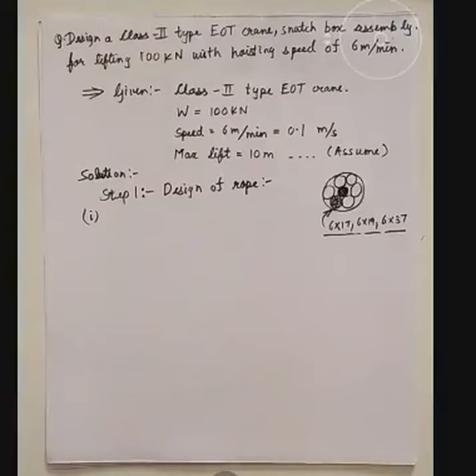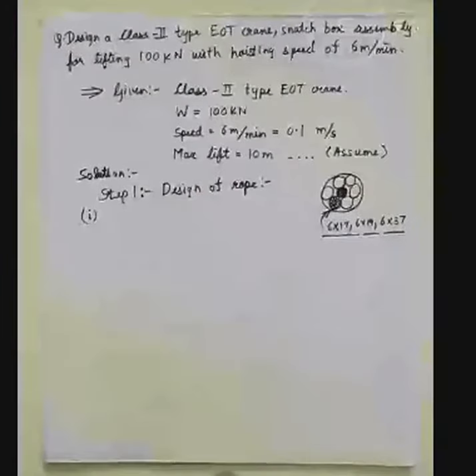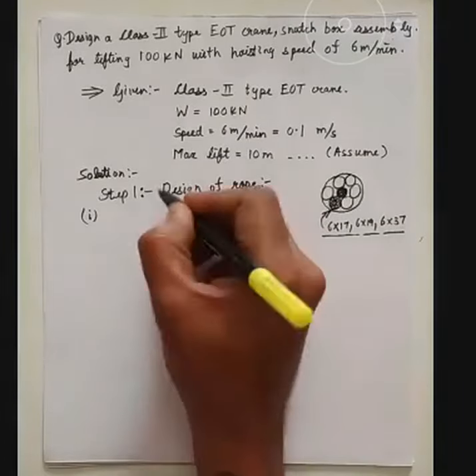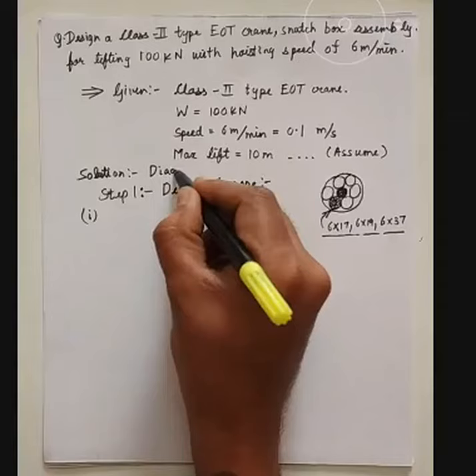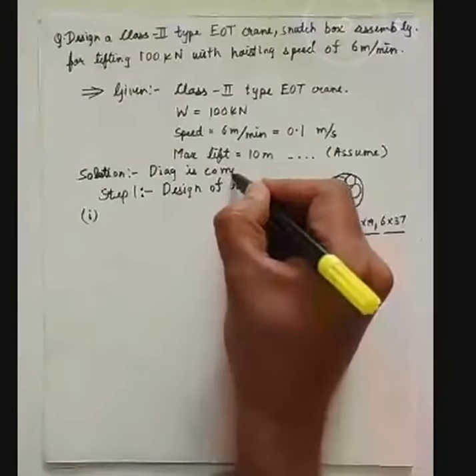As a syllabus, you will remember the steps: I have to design a rope, then I have to design a pulley, then I have to design this and that. But when you are going as a designer in a company, from where will you start? You don't have any basics. Then what you have to see is that diagram, and from that diagram you have to decide which is the most important part. That will be your first step. Then moving on, simultaneously we will complete the entire design. So the diagram in every solution is compulsory.